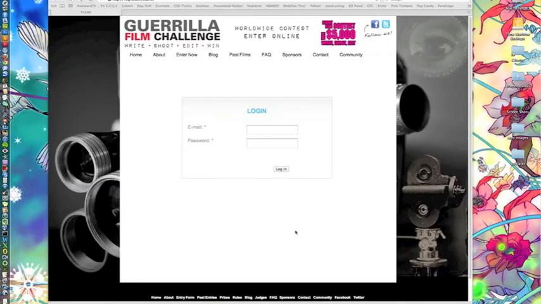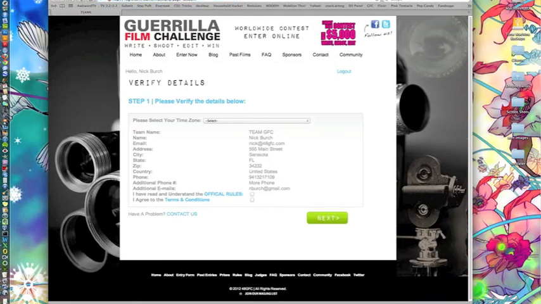We're going to go ahead and assume I've got the email. All right, so my email has arrived. It's got some special, exciting information for me, my login credentials, and I'm going to go ahead and take you through the process now. If I could type. Okay, the first step in the process is to verify a few details.